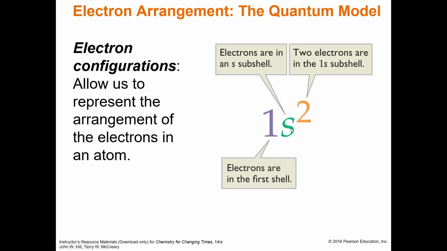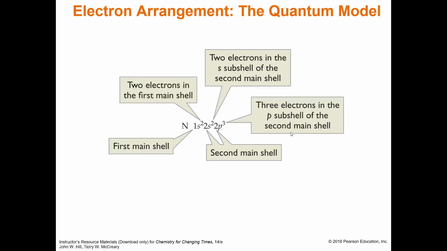And so it is a 1s2, representing that we're on the first energy level, where we have the S sublevel or subshell, and there are 2 electrons in that orbital, in that desk. This right here would then be a little bit more complicated electron arrangement, or electron configuration would be the correct way of saying that. This one's for nitrogen. And so nitrogen,